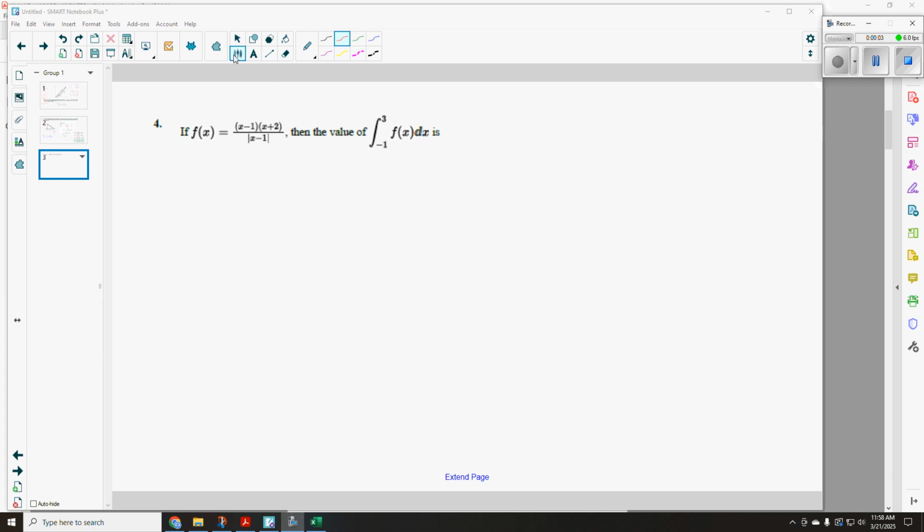We're going to start this problem by rewriting it. And we're going to rewrite it like this: f of x is equal to x minus 1 over the absolute value of x minus 1, times x plus 2. We can put it over 1 if you want, just to make it symmetrical. And the reason we're doing that is because